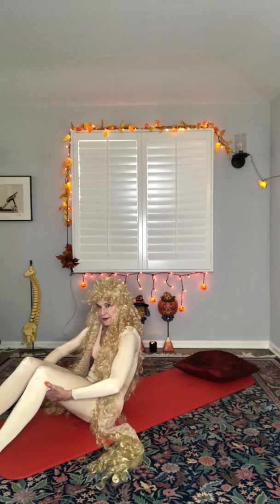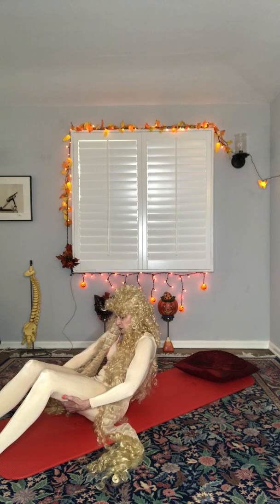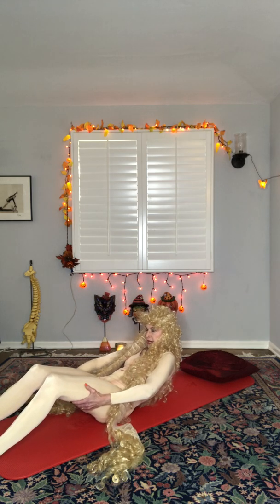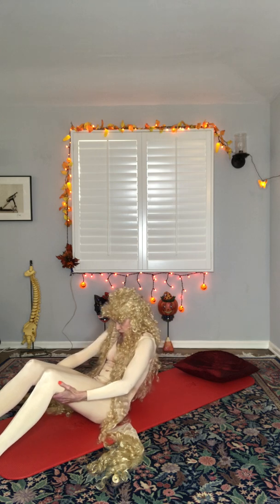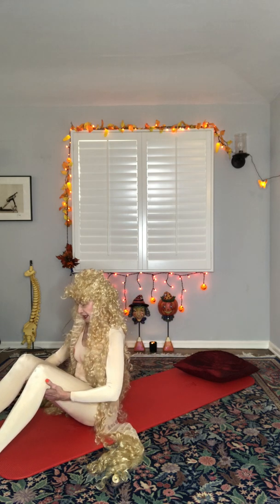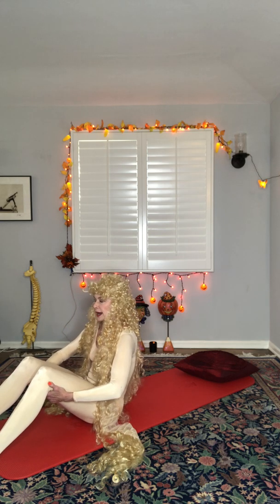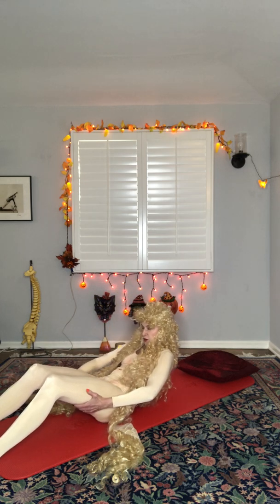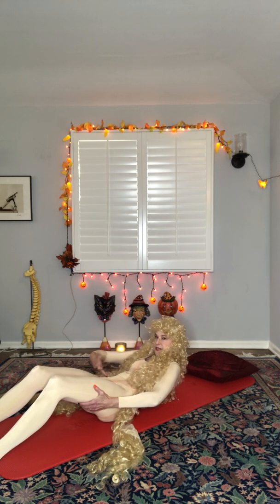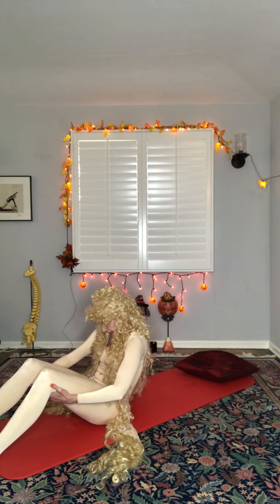Exhale, rock back. And this time, take another breath in, and we're gonna climb down the thighs, exhaling as we go. Just touch the back of the waist. Inhale. Tighten your belly belt right across the low abs. Exhale, roll back up. Inhale, inflate, and get tall. Exhale, rock back. Take another breath. Exhale, climb down the thighs. Just touch the waist. Inhale, exhale, tighten your seatbelt, the low belly, and bring the ribs up over the abs,